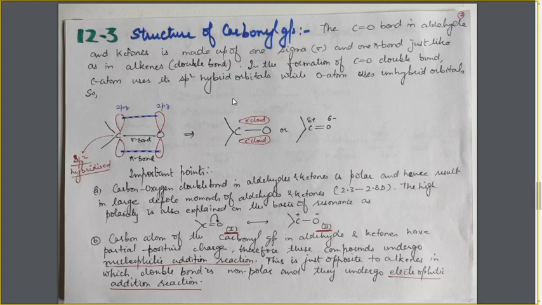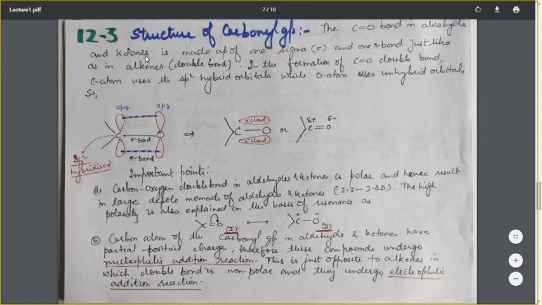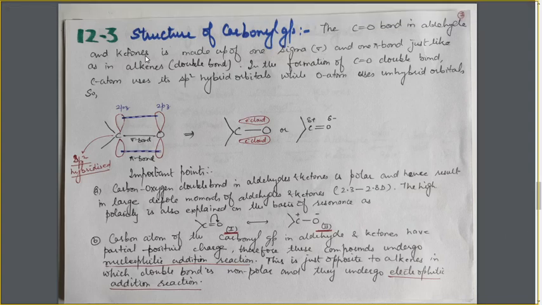So let's begin with the next topic, that is the structure of the carbonyl group. What is the structure of this carbonyl group, the C double bond O group in aldehydes and ketones? Here I am discussing only the aldehydes and ketones and not the carboxylic acids and their derivatives, because although in this chapter we have both types of compounds, first we will discuss the aldehyde and ketone part. Then we will discuss the carboxyl part separately.